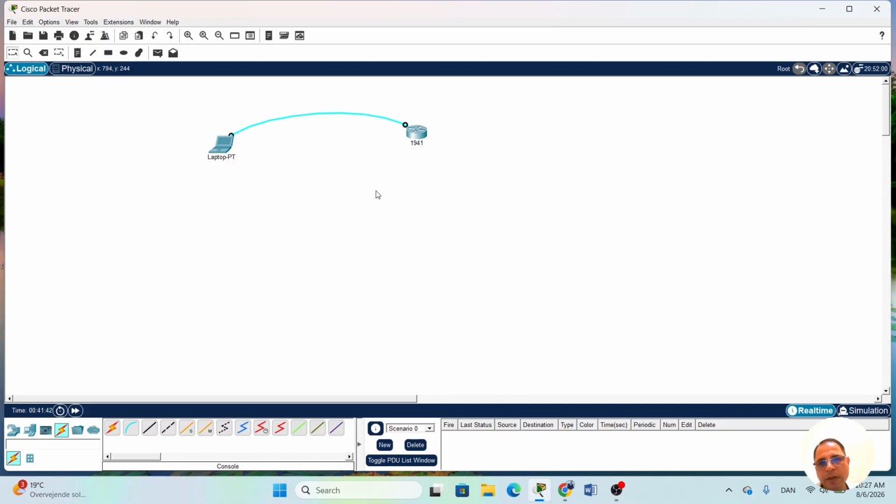The console cable is used to access a Cisco router or switch for the very first time. For example, a brand new router doesn't have an IP address, and so we cannot connect to it by using SSH or Telnet or remotely. That's why we are using this console cable for the first time,